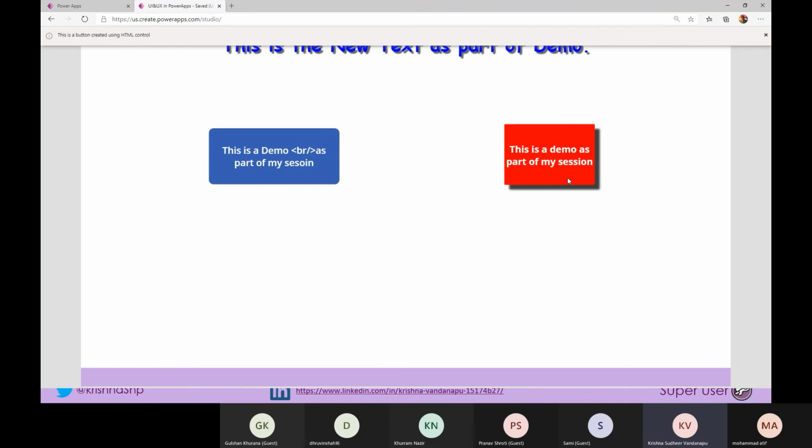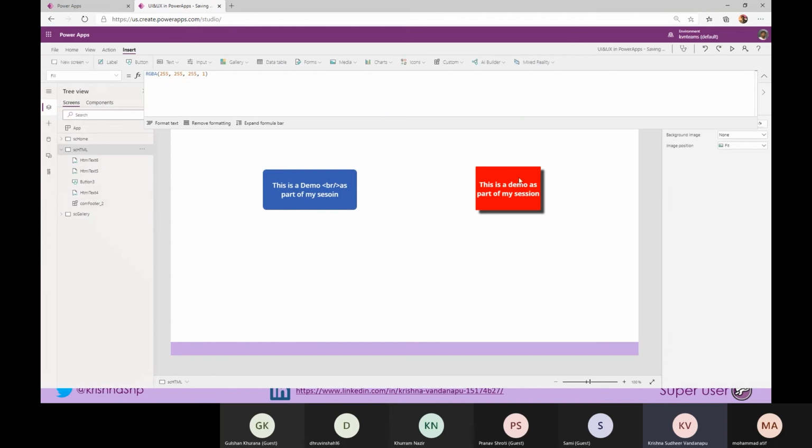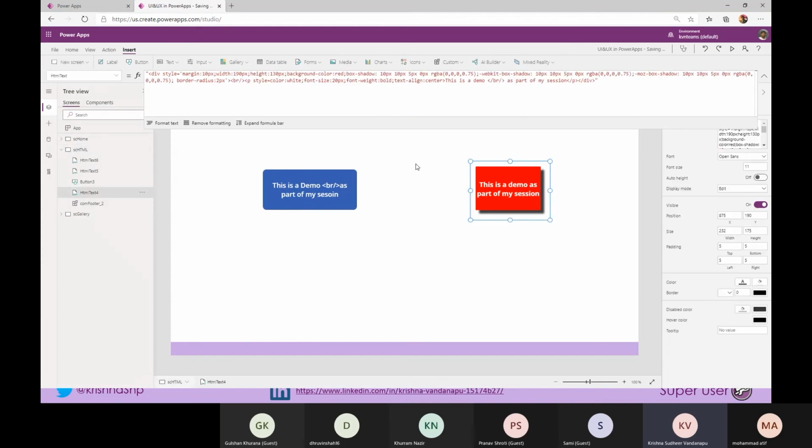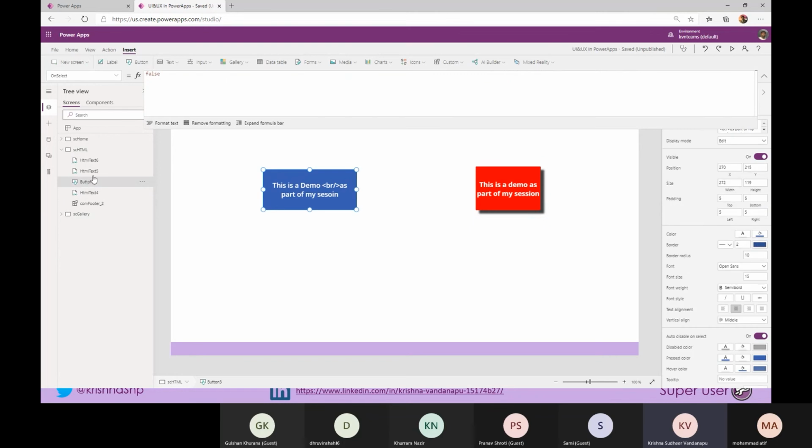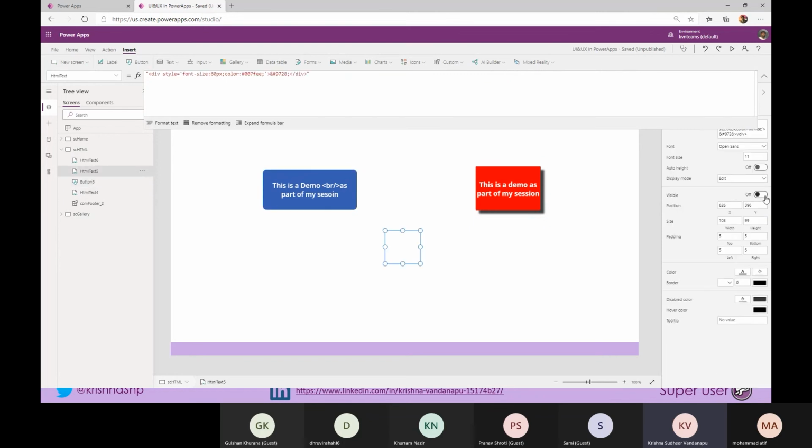So if I want to navigate, I can navigate. I can do anything the way I can as part of a button. This is how I can improve my users' experience, whether they are using a Power App or a traditional .NET or Java web page. And the next one is, as I was telling, the simple icons.